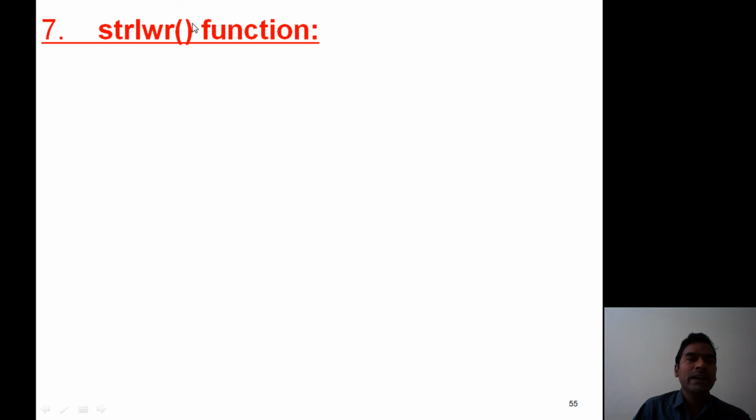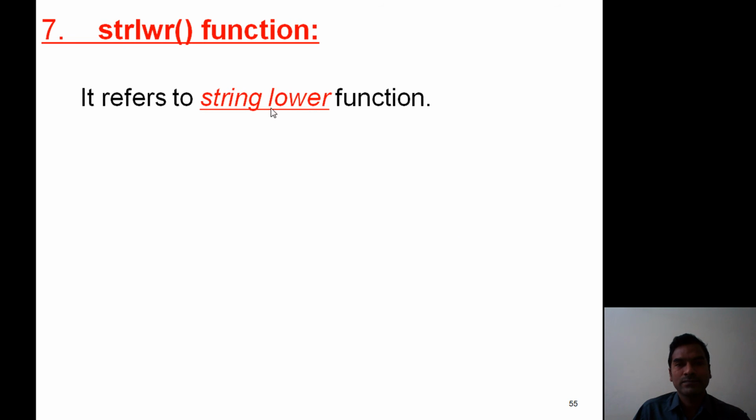Next function, strlwr function. It refers to the string lower function. This function is used to convert the uppercase characters into lowercase characters.